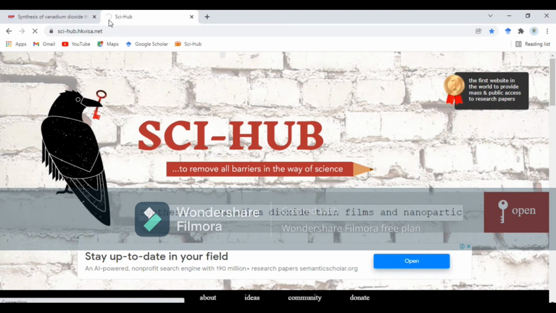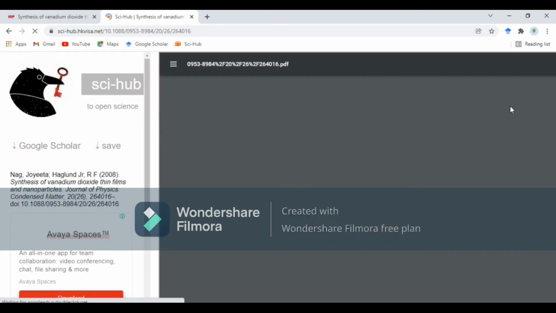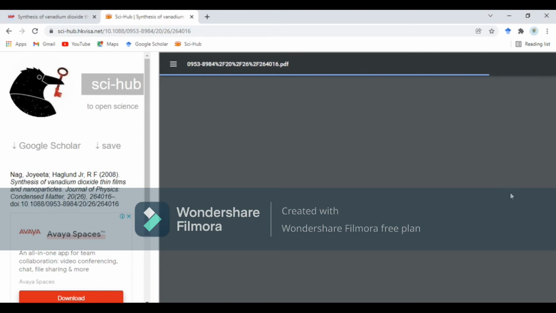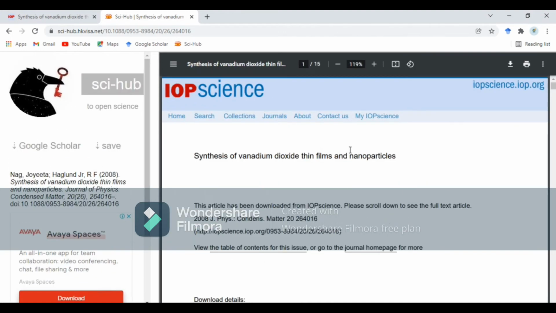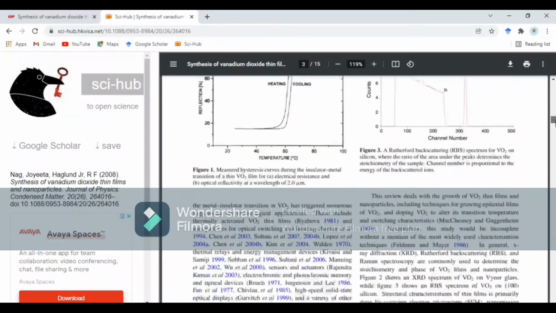You can see here we are with the full paper, which includes all the items: introduction, methods, characterization, results, conclusions, and references, as every paper consists of these items. You can see that this is the complete comprehensive paper.